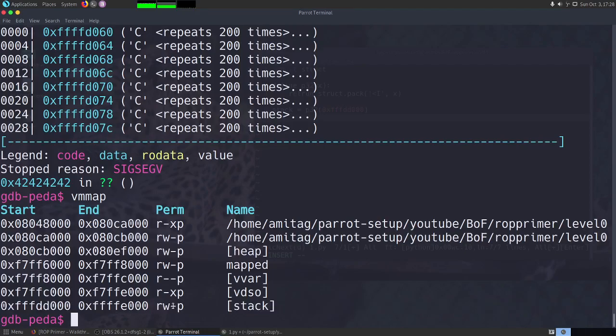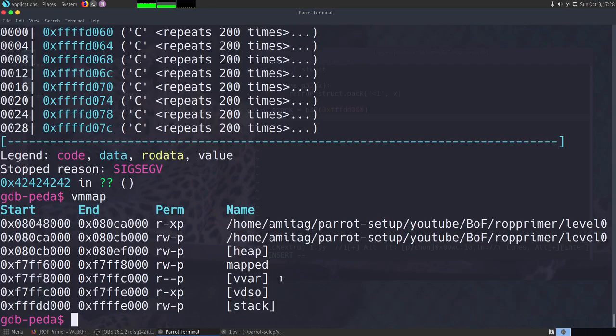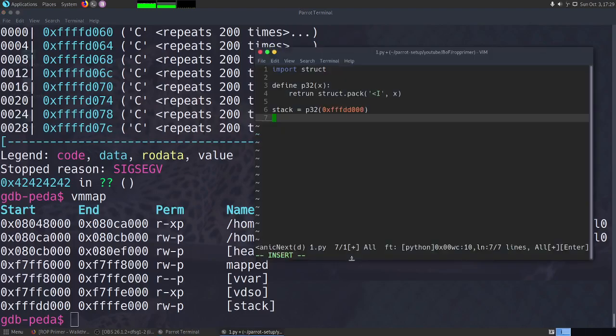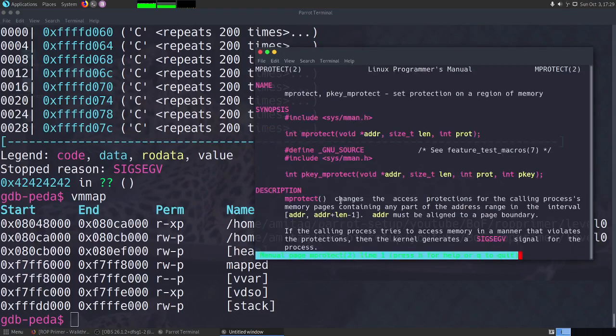So if we change this and make it RWXP, that would basically mean that we are able to execute something from here as well, and hence the limitation goes away. So that's what we are going to try to do. Now for doing that, if you don't know about mprotect, I'll suggest that you look it up, but mprotect is a system call that allows you to change the access protections for the calling process's memory pages.